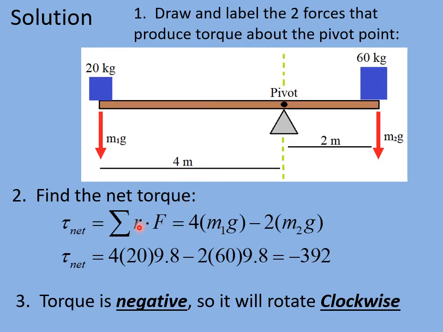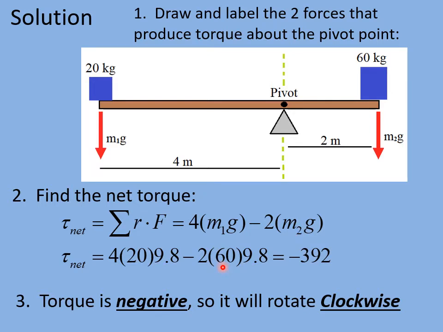So torque is equal to the radius or distance times the force. So we have 4 meters here times m1g, and down here I plugged in the mass is 20, and g is 9.8. Then we have to subtract this torque because it's going to try to move this thing, at least, in the clockwise direction, which, remember, is a negative direction for rotation. So we're going to subtract 2 meters, that's this distance, times the weight force here, which is m2g, and